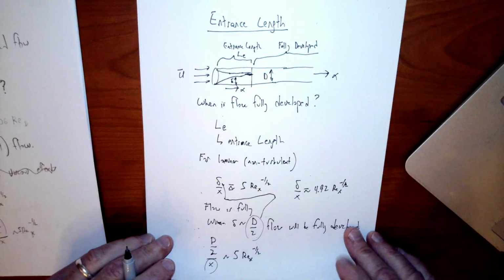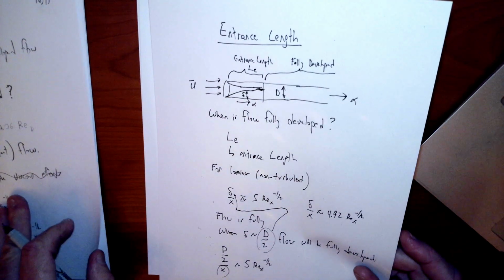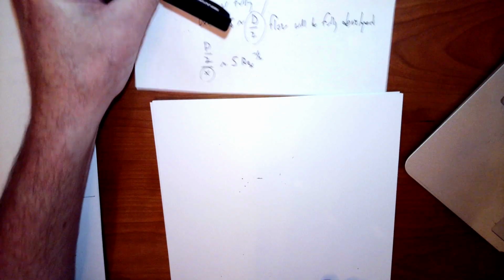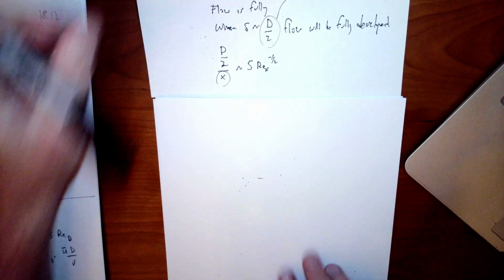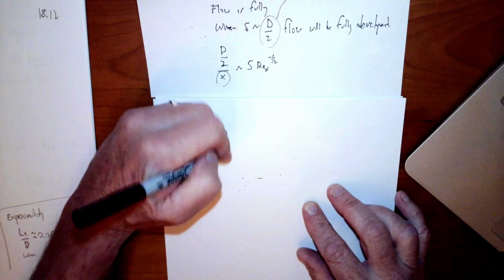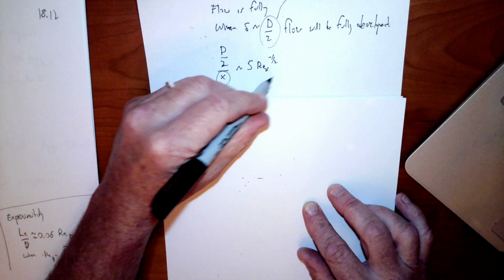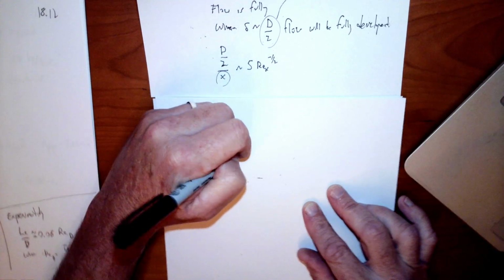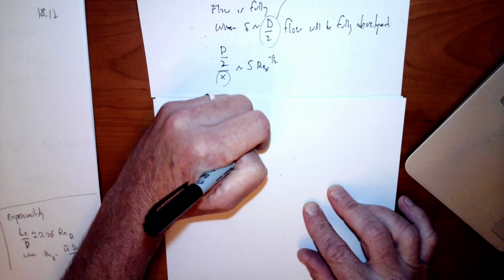So we'll just solve this for x, and we get actually a really good estimate for when that flow becomes fully developed, along with an understanding of why it's become fully developed. So we're going to move that x over to the other side. So we have d over 2 on the left, and I'm going to move the Reynolds number over to that side. So it's going to come over here with a positive exponent, and that's going to all be of order